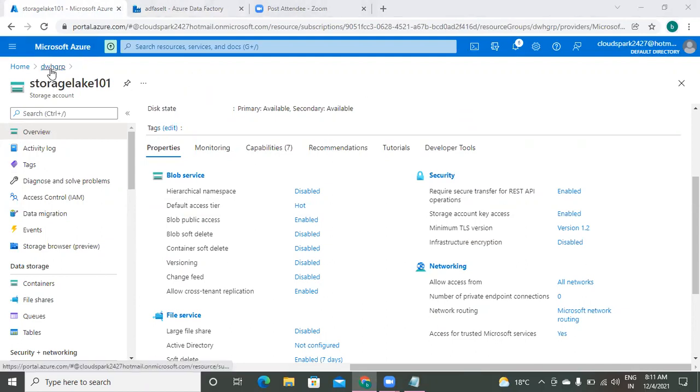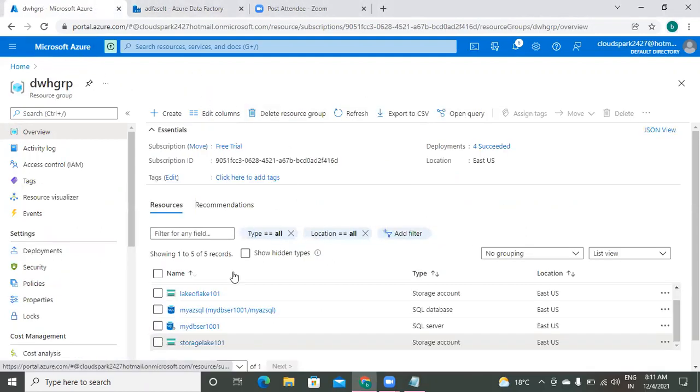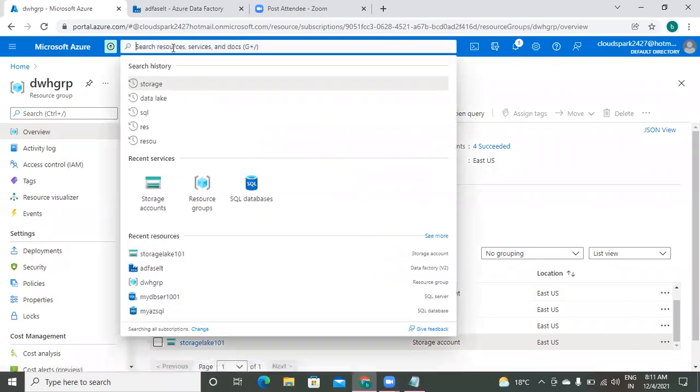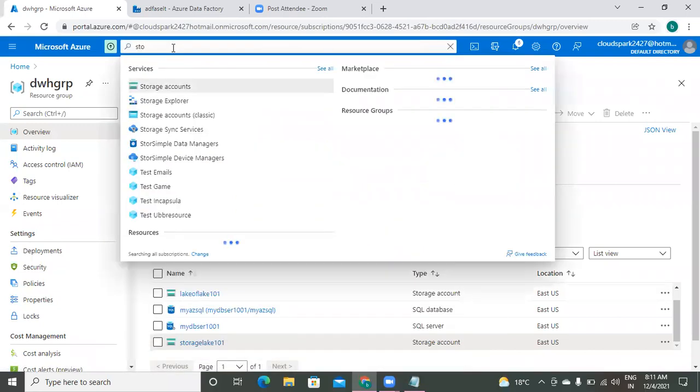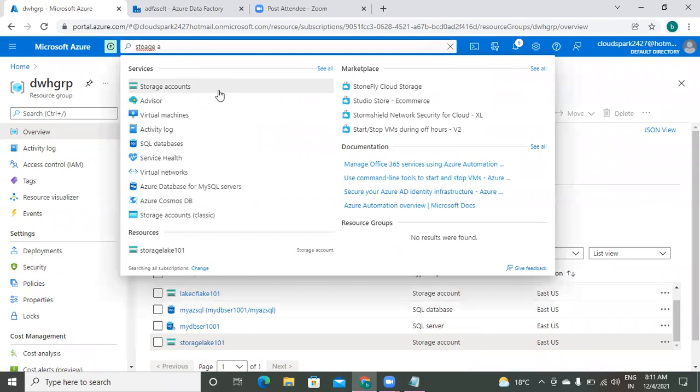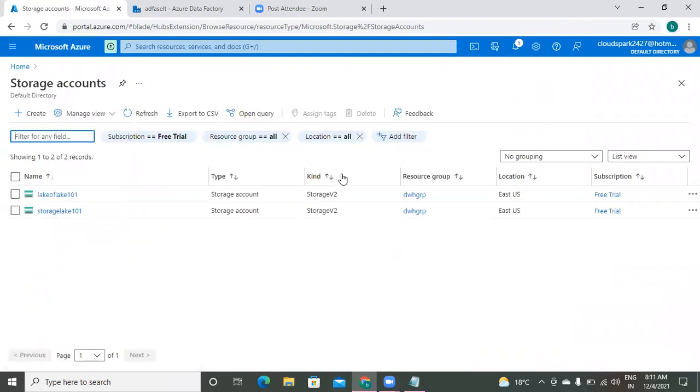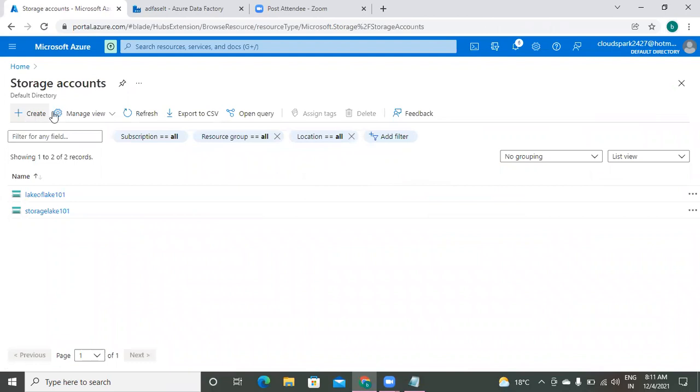Again, I am coming back to my resource group. I'm going to create one more storage account. I will not deploy it, I will just show you that option: how to disable this at the time of creating. Just say create.